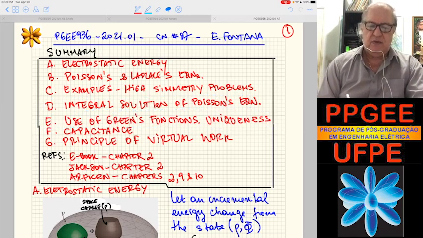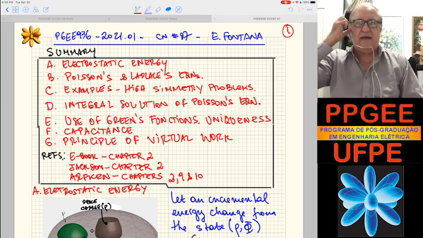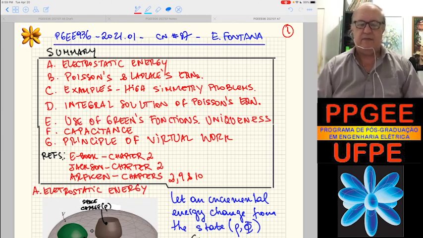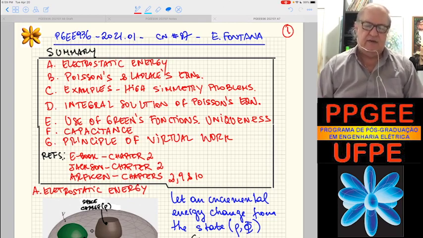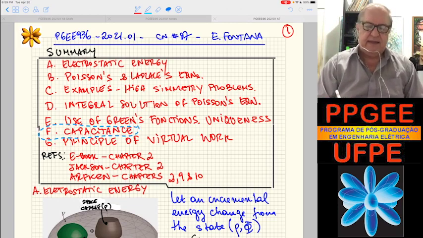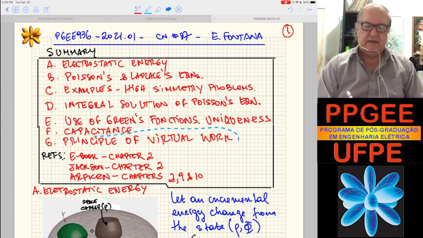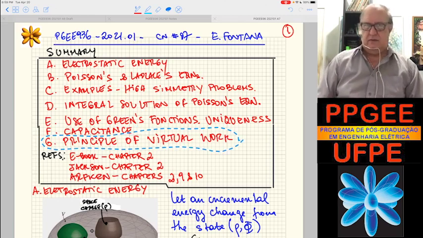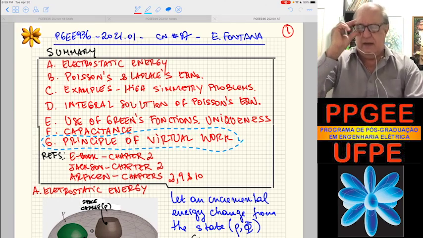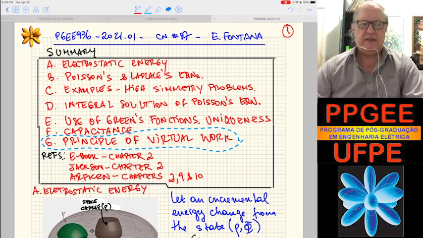Then we are going to conclude on two important topics, which are in fact applications of boundary value problems in general. But I would like to include those applications in this lecture, and I will leave the other lectures for more complicated problems. We're going to talk about the concept of capacitance of a set of electrodes. And finally, we're going to describe a general principle called the principle of virtual work that allows us to determine the force between different bodies,